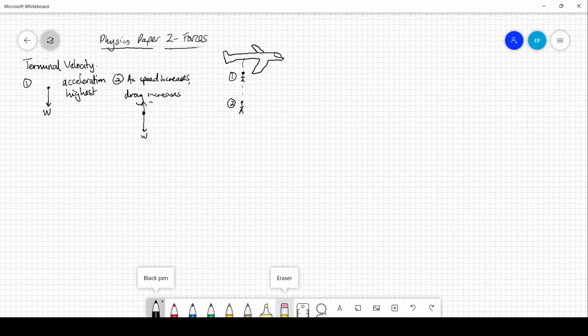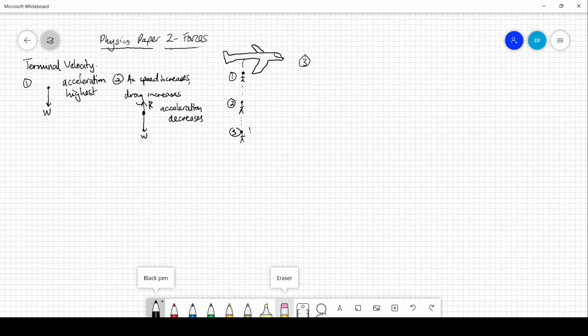And it's good to know as well that their acceleration decreases. This continues to the point where they're very scared